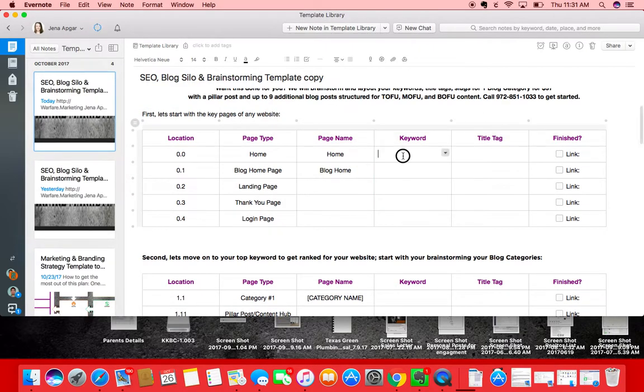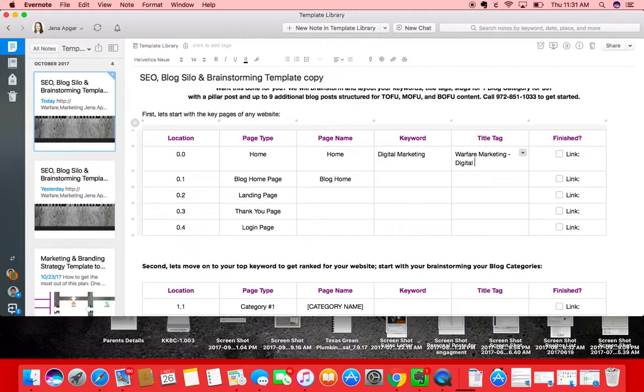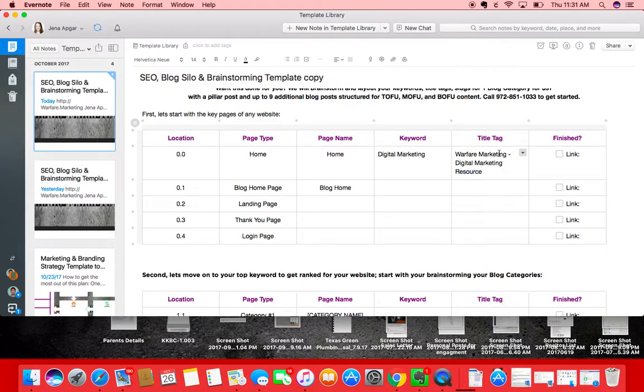So I think, as an example, if I wanted to rank for digital marketing, that would be the keyword. My title tag might be "Warfare Marketing, a digital marketing resource." That's absolutely not it, but you get the idea. That's my title tag, and my link over here,